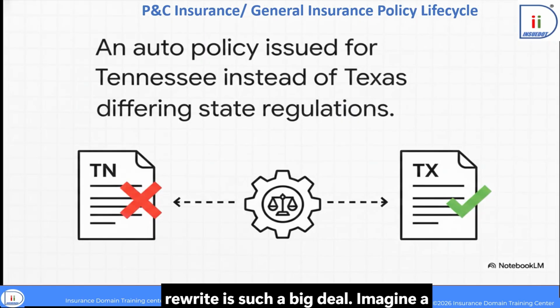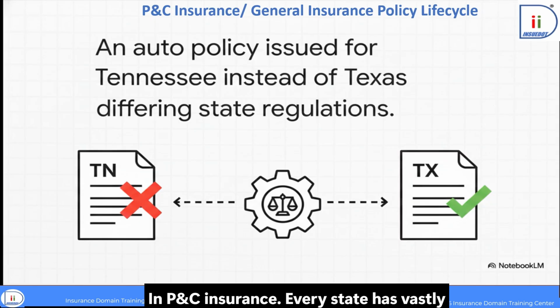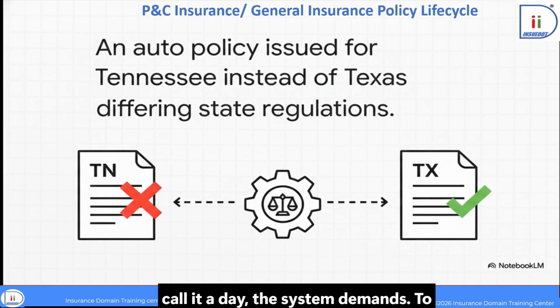To really see why a rewrite is such a big deal, imagine a U.S. auto policy was accidentally issued for the state of Tennessee, but the driver actually lives and drives in Texas. In P&C insurance, every state has vastly different laws and regulatory minimums. If the system thinks the car is in Tennessee, it's applying the wrong laws and doing the wrong math. You can't just slap an endorsement on the address and call it a day. The system demands a rewrite transaction to essentially rip up that flawed foundation and rebuild it using the correct Texas